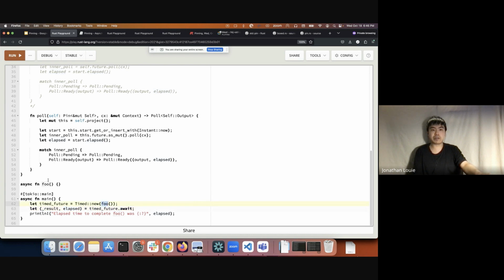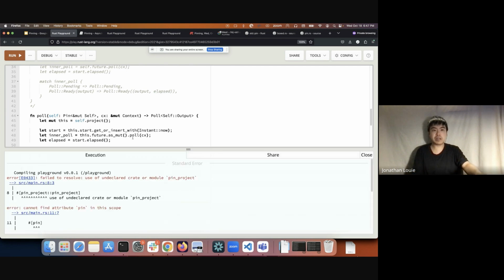So in this case, we have a future foo, or well, this foo function returns a future. It's an empty asynchronous function, but you can imagine that this might be something like reading from a socket, for example, or reading from a buffer. Any kind of asynchronous computation could go here, and you could try to time it using this Timed type. And once we get the result back and the elapsed time, we just print the time that elapsed. So if I run this,